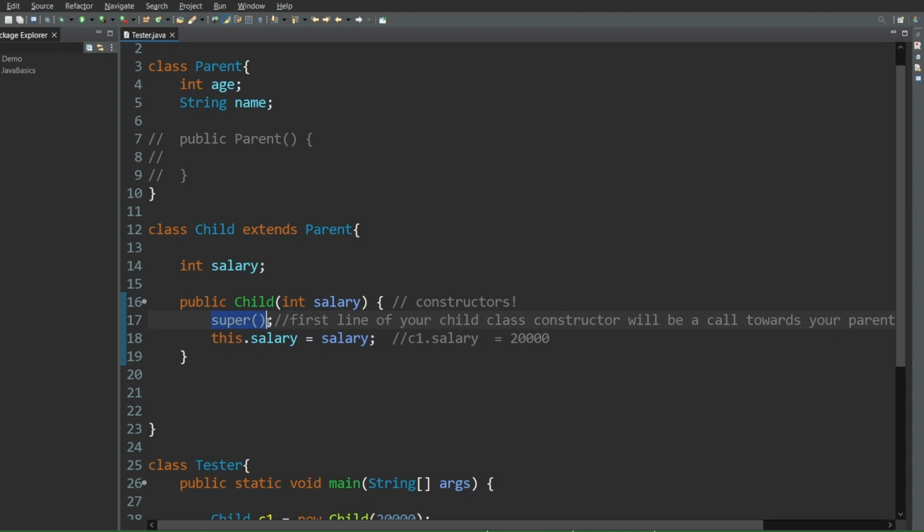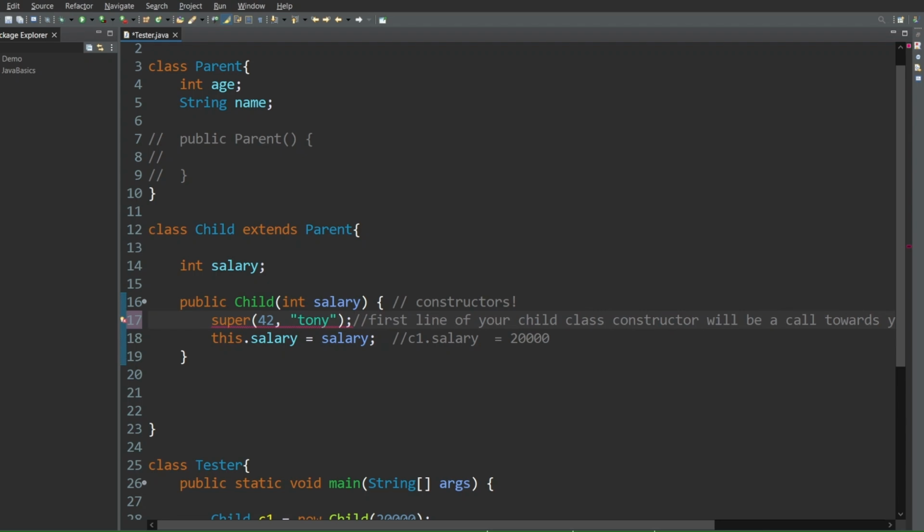So if you want to explicitly call your parent class constructor by giving some dynamic values, then you can make a call towards your parent class constructor using the super function and pass any values that you would like to plug in for the parent class variables. So here let's say 42 comma